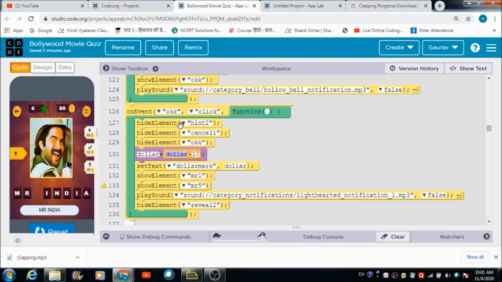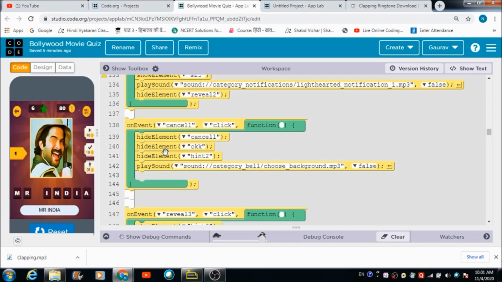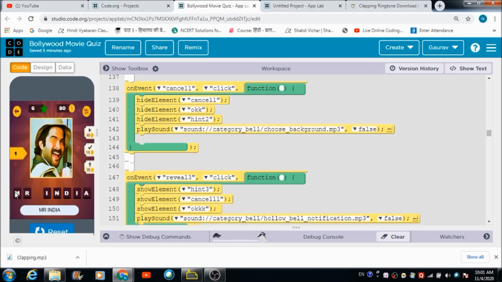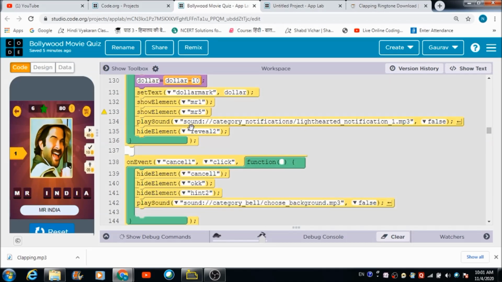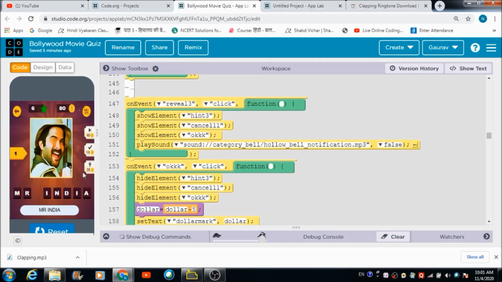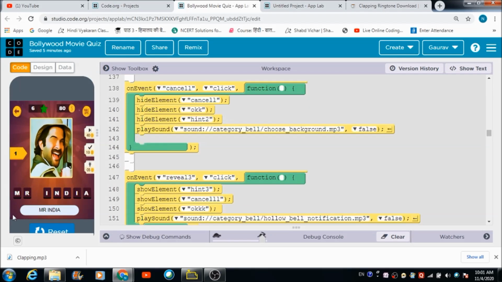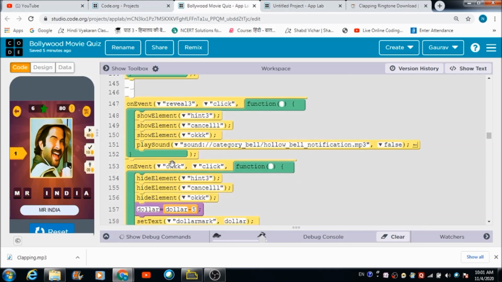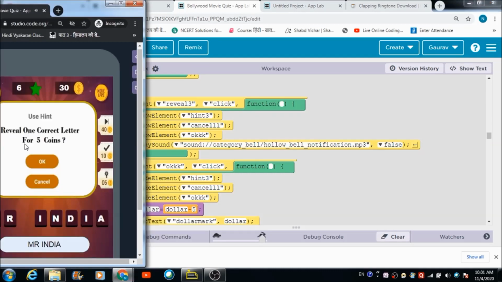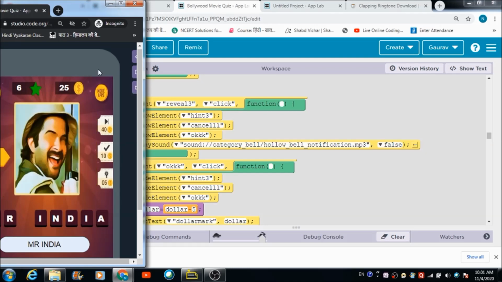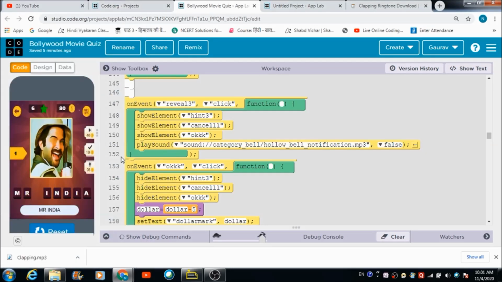Besides, elements are going to go hidden. These 3 elements are going to go hidden. Fine. And 1 letter I will be able to see. Now let's come to reveal 3. Sorry, 2 letters I will be able to see, right? Let's come to reveal 3. What is going to happen when the user hits this reveal 3 button? So this is what the user is going to come across. Now let's hit this OK button, and the user will be able to see one letter out of these 7